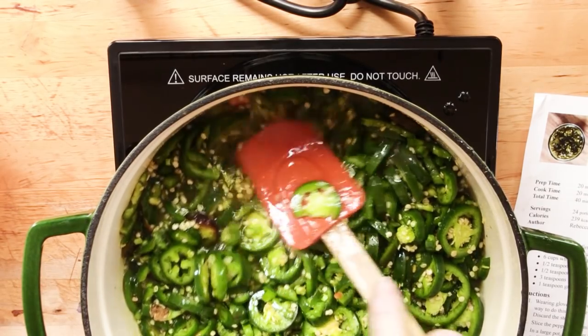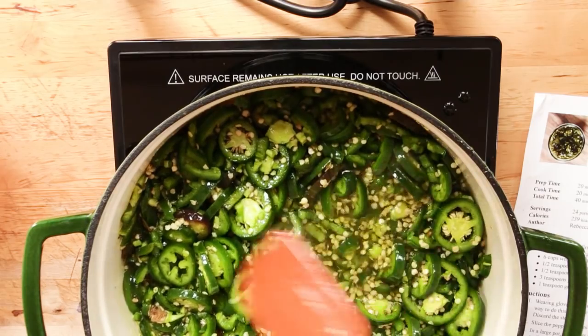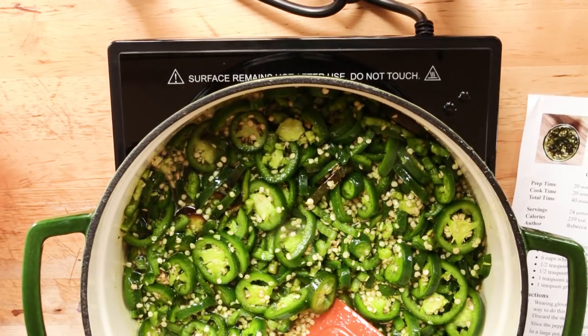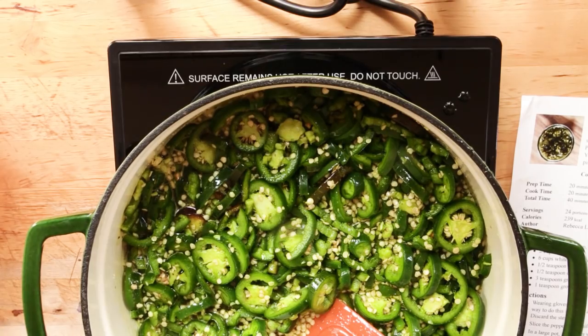And you can see already they're starting to soften down enough that the syrup is coming up higher on them. You'll see a lot of pickled pepper recipes where you just pack the fresh pepper directly into the jar, and then pour a boiling brine or a boiling syrup on top of it. But the problem with that is it's sometimes hard to get them compacted into the jar. I found when we were doing those Hungarian hot waxes to pickle those,